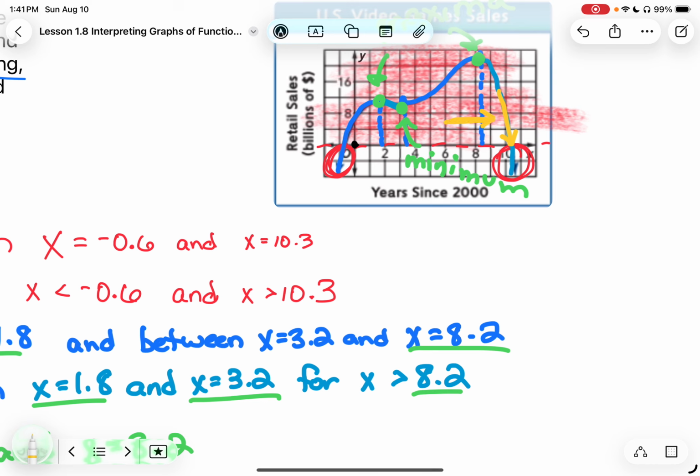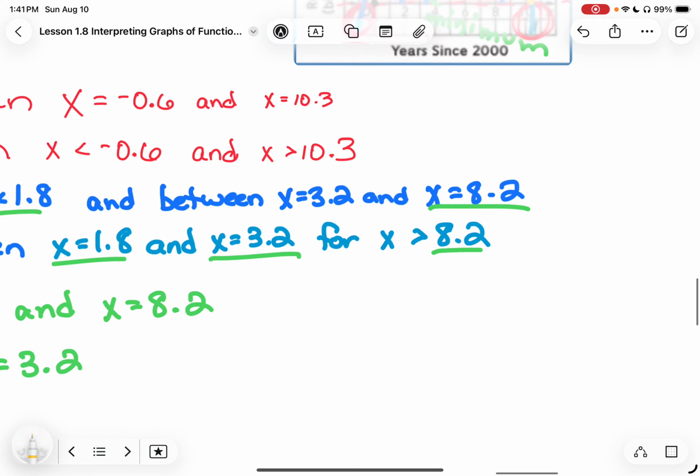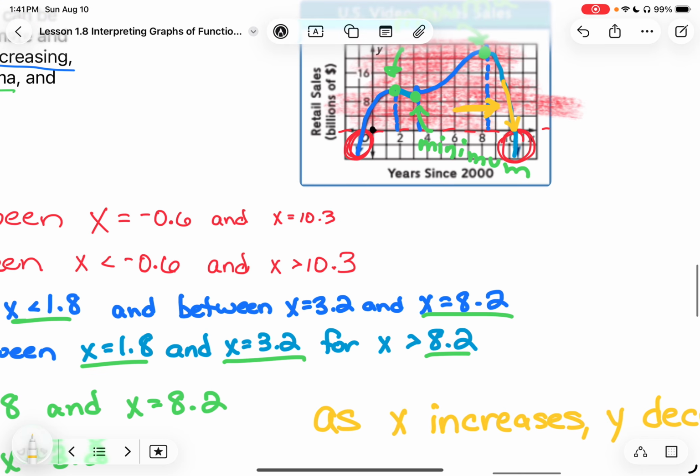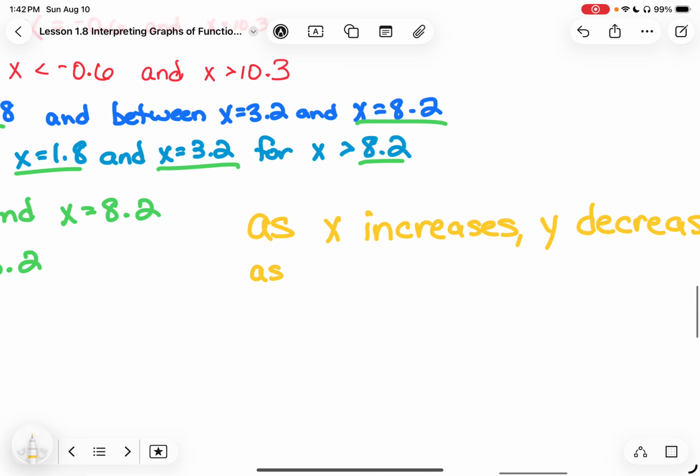Well, as we move to the right of the graph, meaning as x gets bigger, the graph goes down. So we'll say as x increases, this means as we go to the right, as x increases, y decreases. Because if I move to the right of the graph, it goes down. Y is decreasing. What happens on the other end? As I go to the other direction, meaning as x decreases, the graph is also going down. If I move to the left, the graph also goes down. So as x decreases,